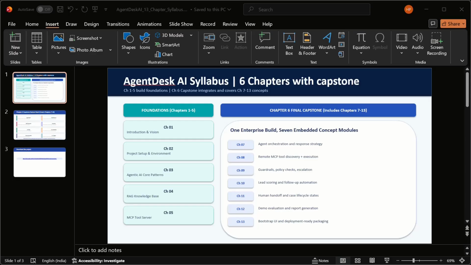In Chapter 1, Introduction and Vision, we align on why AgentDesk AI exists, what real business problems it solves, and what a successful enterprise assistant should look like. In Chapter 2, Project Setup and Environment, we create a stable and professional engineering workflow, so development is reproducible and collaboration ready. In Chapter 3, Agentic AI Core Patterns, we build the core intelligence layer, intent interpretation, orchestration behavior, and